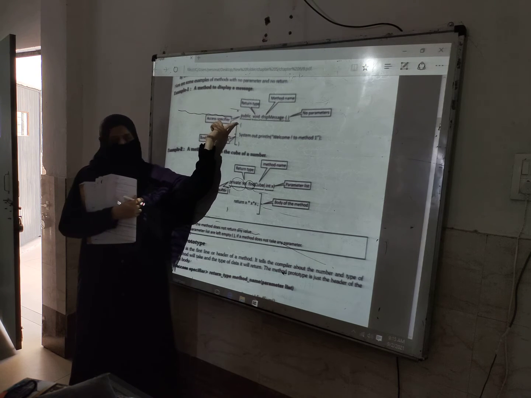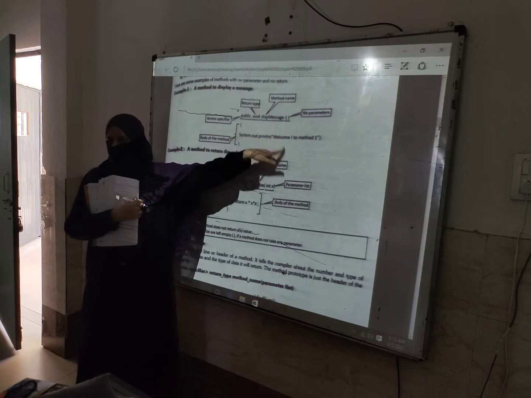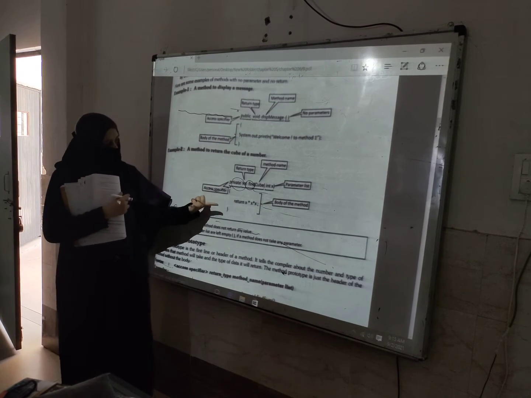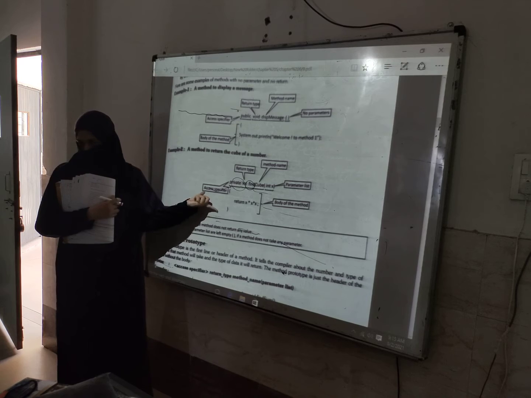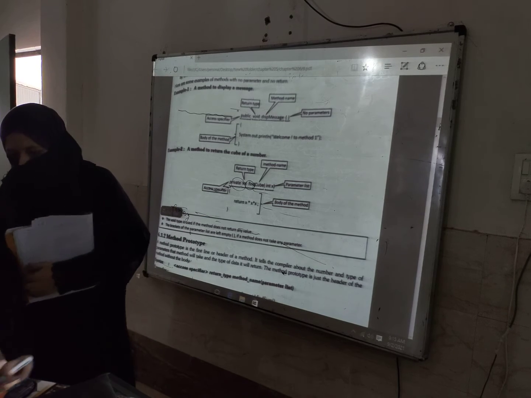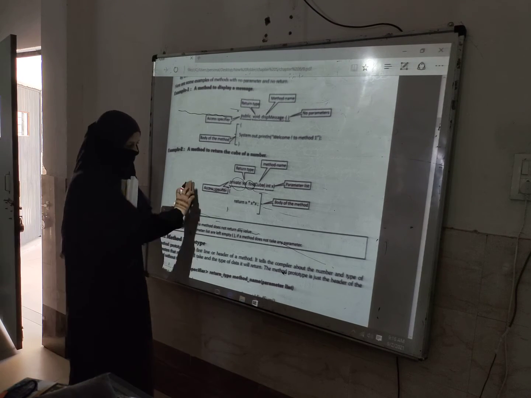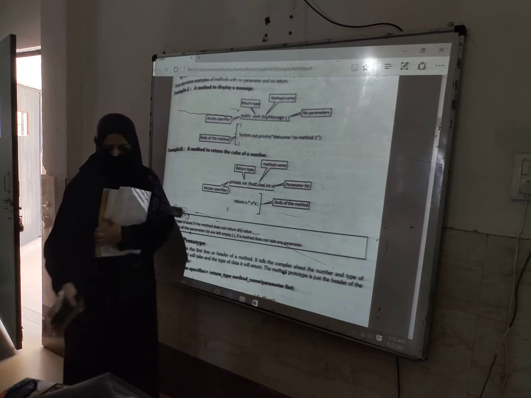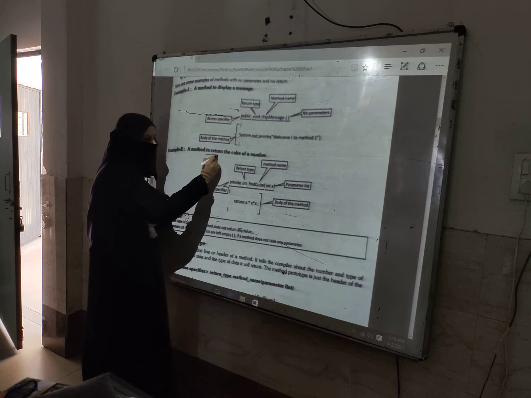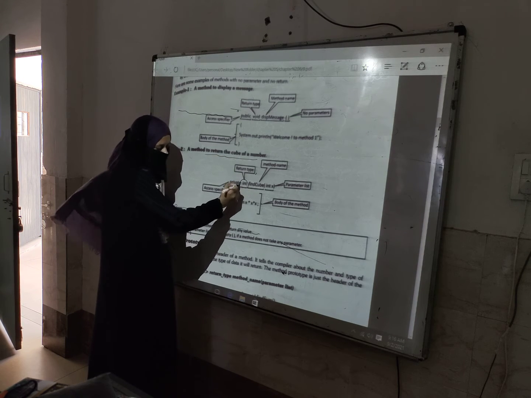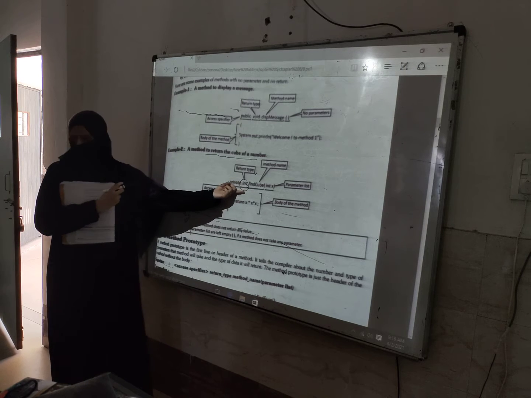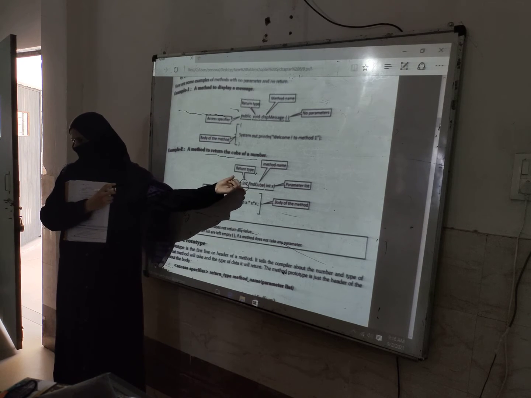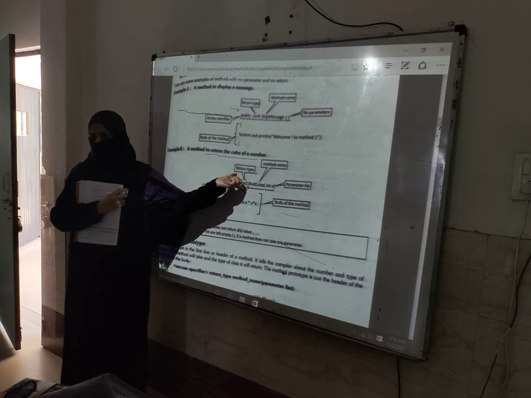Clear this? Yes, ma'am. That is public void displayMessage. Now here we are returning something: a method to return the cube of a number. That's why we are using int instead of void.